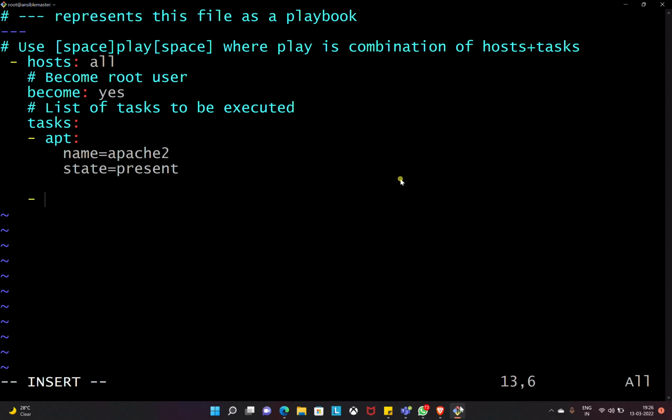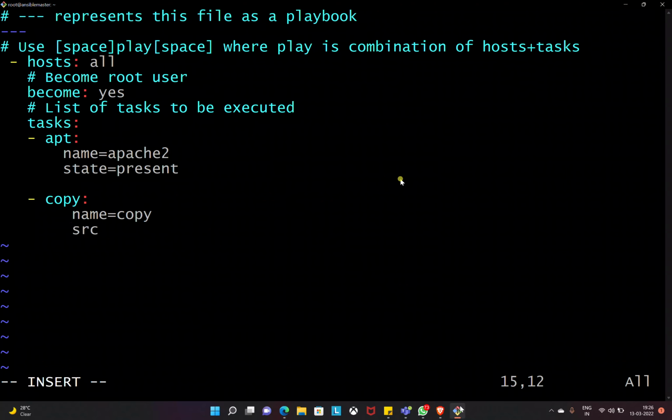Now again I'm going to mention one task. So I'm going to use a copy module, right? So name is equal to copy,